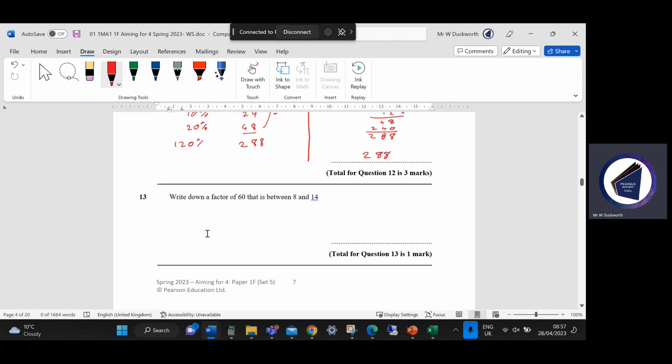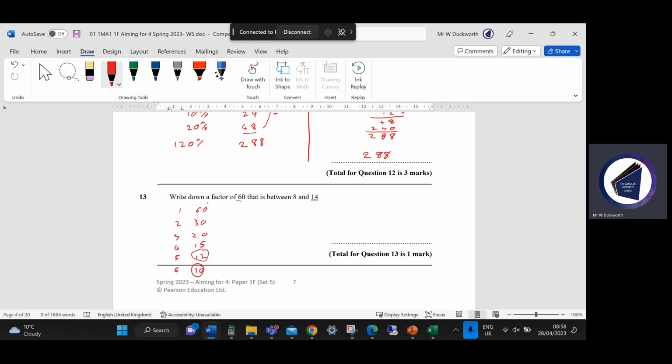Right, question 13. Write down a factor of 60 that is between 8 and 14. So if we think about the factors of 60, we could write them all down as factor pairs: 1 and 60, 2 and 30, 3 and 20, 4 and 15, 5 and 12, and 6 and 10. Factors between 8 and 14 then, so I haven't got any in this column. In this column, I've got 2. So I could go for 10, or I could go for